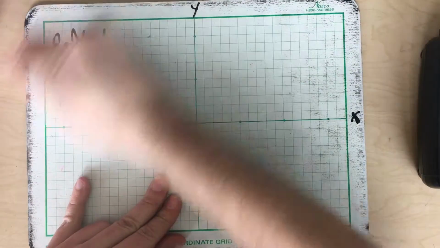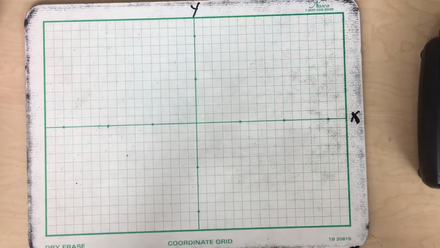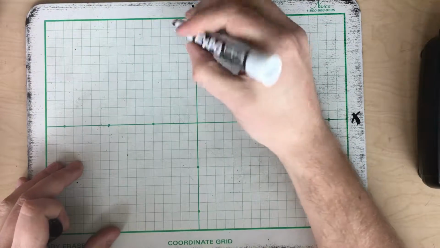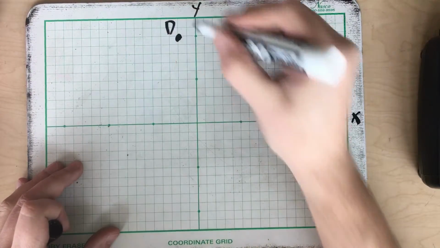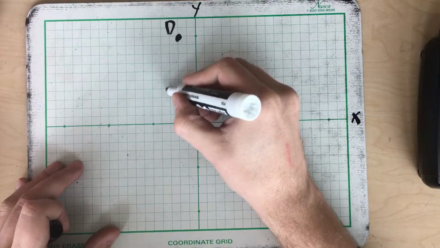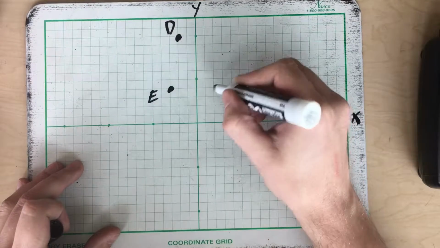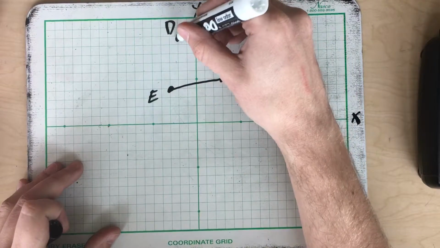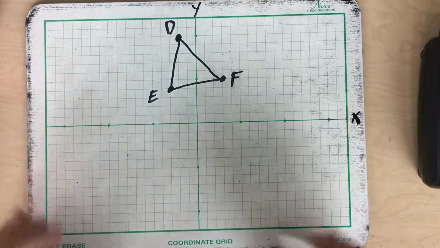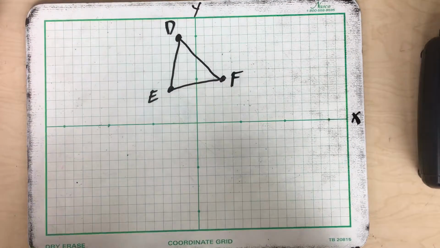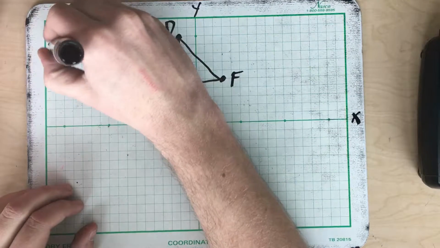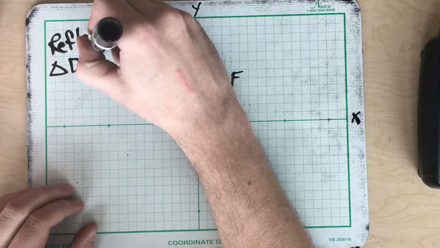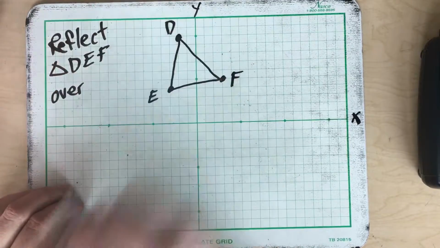So I'm just going to erase what we've got here. Let's draw a new triangle, and we'll call it DEF. We'll put D here, E can go right here, and F can go right here. So we have triangle DEF. And let's say for this example, we want to reflect triangle DEF over the line